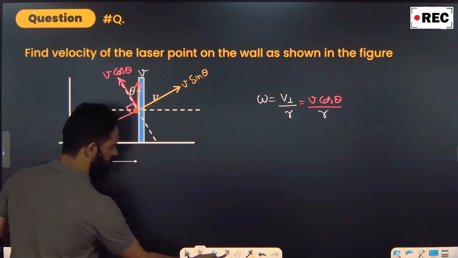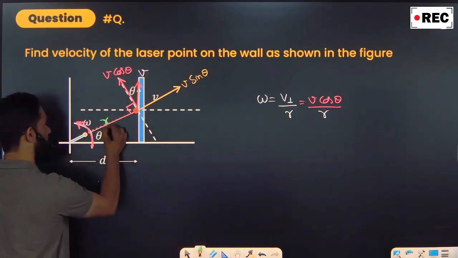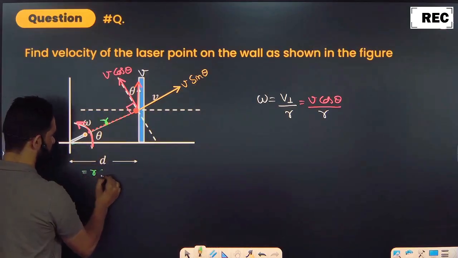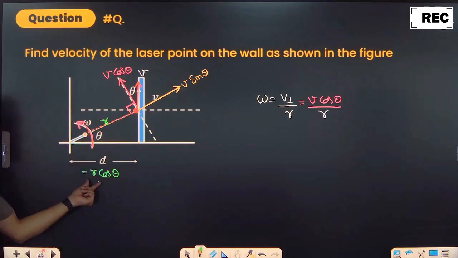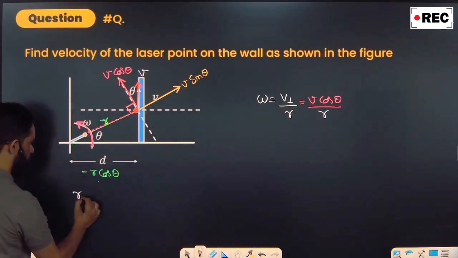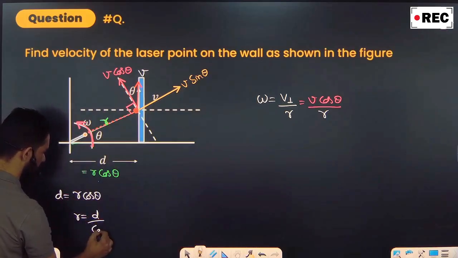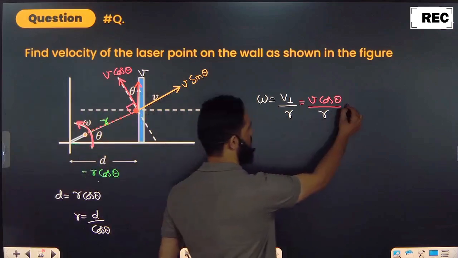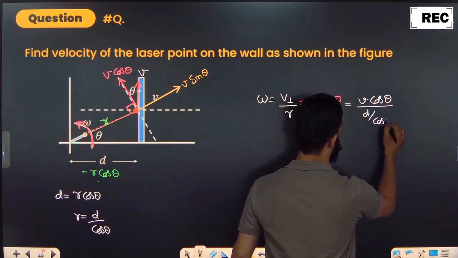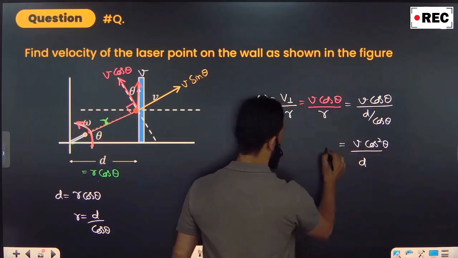One more thing, in this triangle, but this r I have chosen by myself, it was not there anywhere else, I took this r myself. If this is r, this is d, can I say this d is actually r cos theta? What is d equal to? r cos theta. Use trigonometry here, r cos theta. So d is equal to r cos theta. So what is r equal to? d by cos theta. I will substitute it here. I will write v cos theta, in place of r I will write d by cos theta. Going up, it becomes v into cos square theta upon d. It is equal to omega.